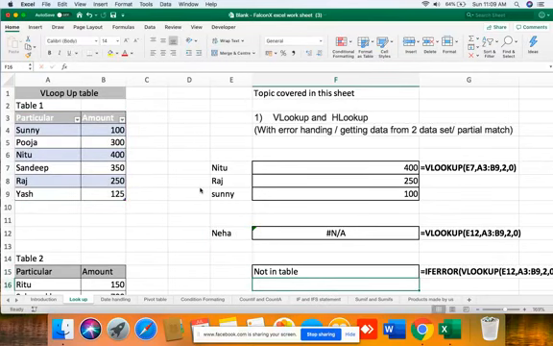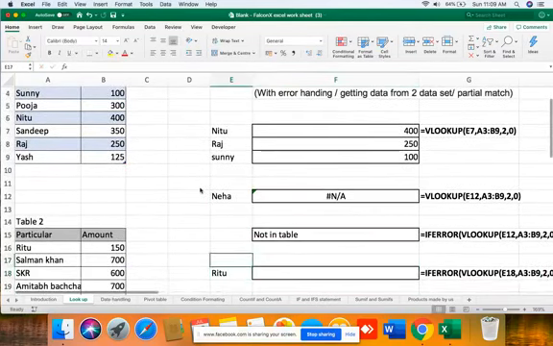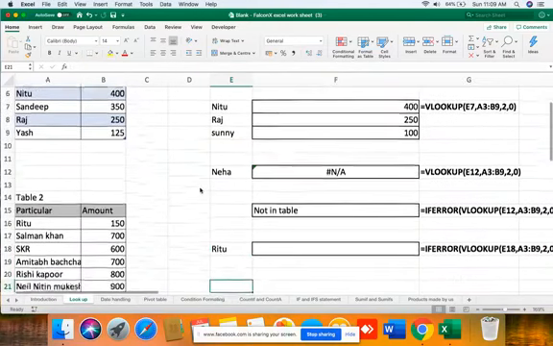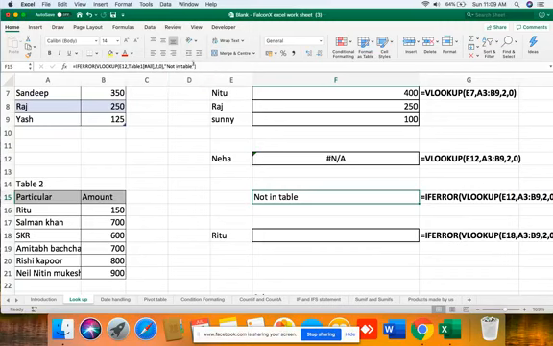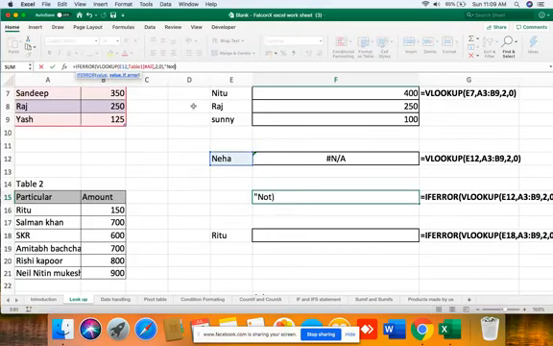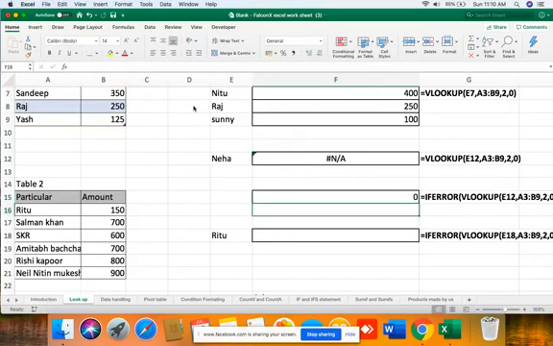Here as you can see, we got the value 'not in table'. And if we want a number here, or 0, we can simply put 0, or as per your requirement we can put something else.